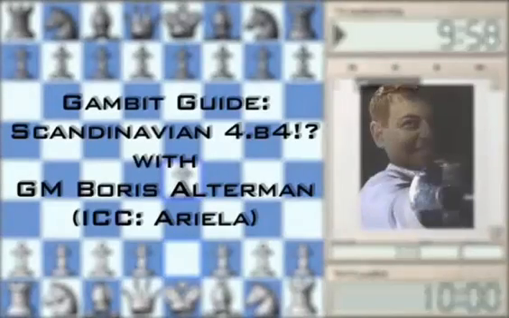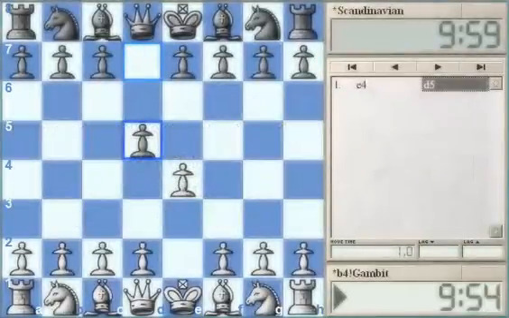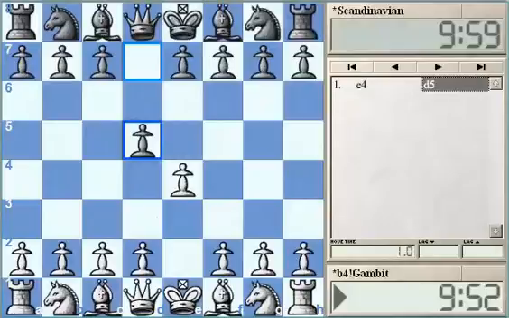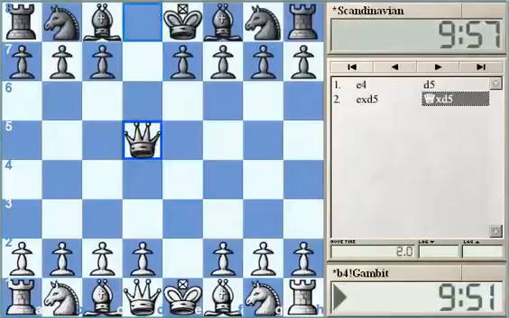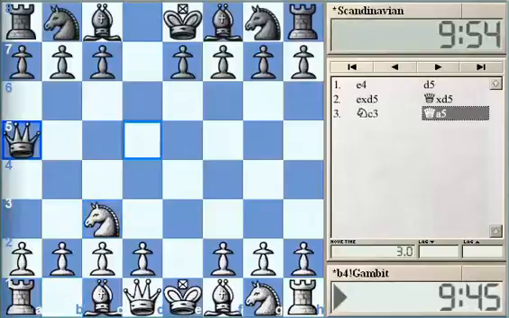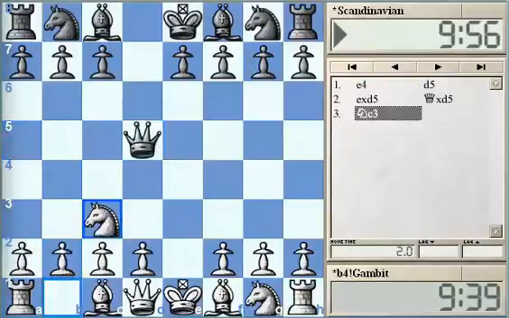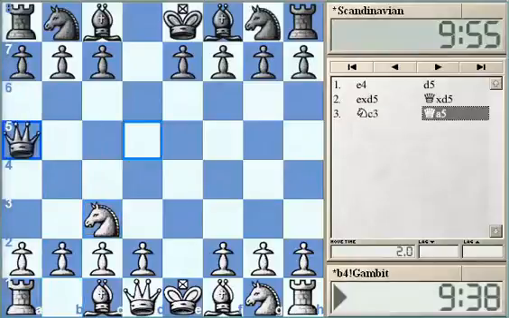E4, D5 is a new series of lectures about the Scandinavian defense, and I would like to share with you that after knight c3 and queen a5, there's a quite interesting gambit line discovered more than 100 years ago, the b2-b4 move. So instead of d4 or bishop c4 after knight c3, queen a5, white could just go quite aggressively with this b2-b4 move,